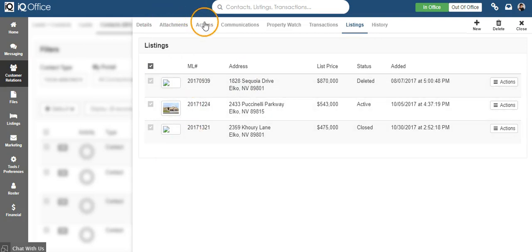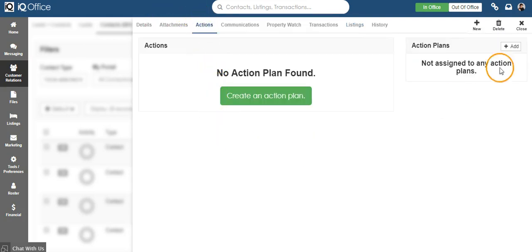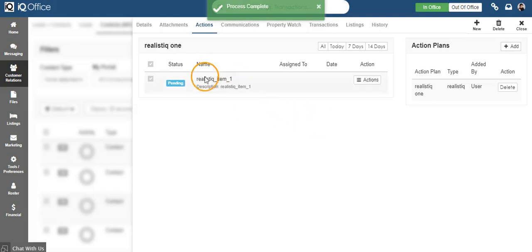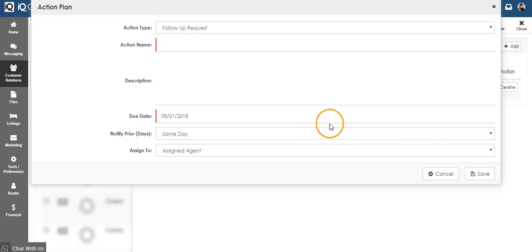The last piece of what you can do in the clients is underneath the action tab. So you can add an action plan, which we talked about. This is another way that you can go out and do it. You would click save. Here that is, or you can add individual actions. So if you know that you have a home inspection on a certain day,